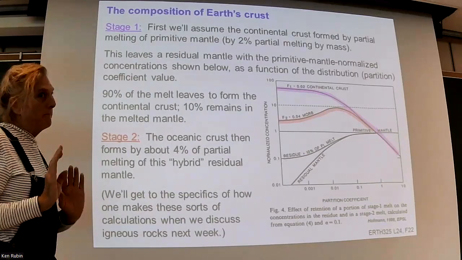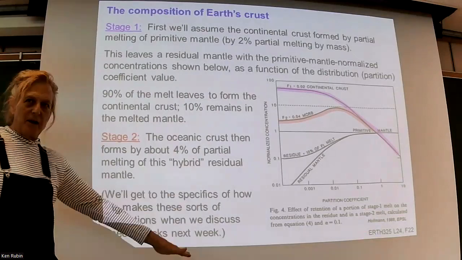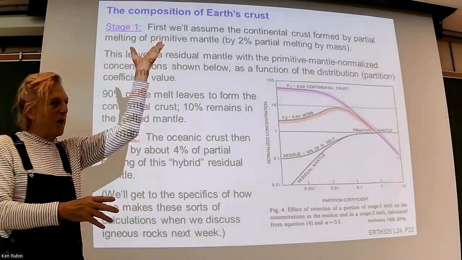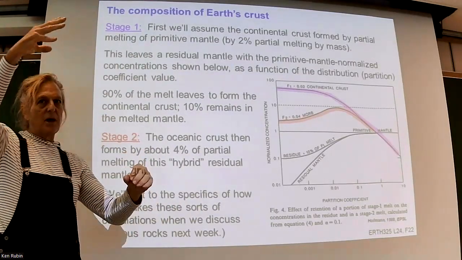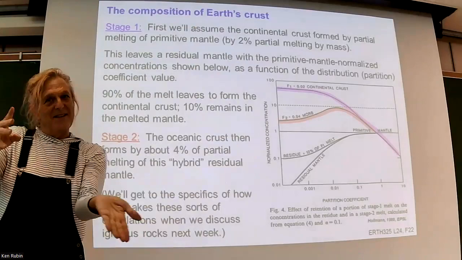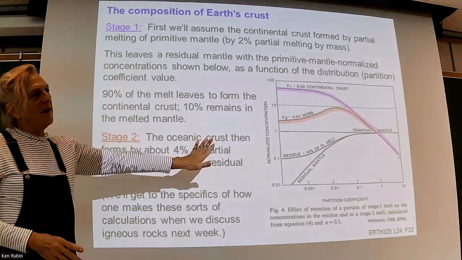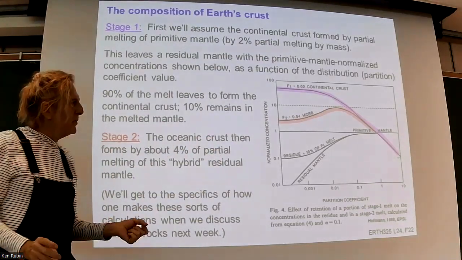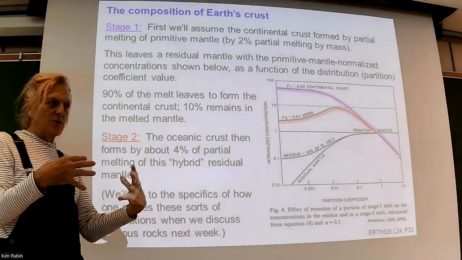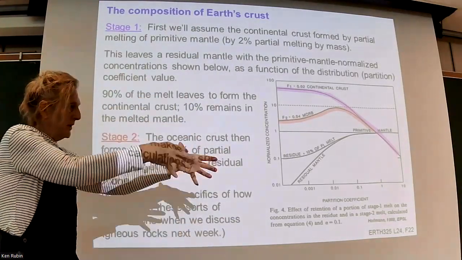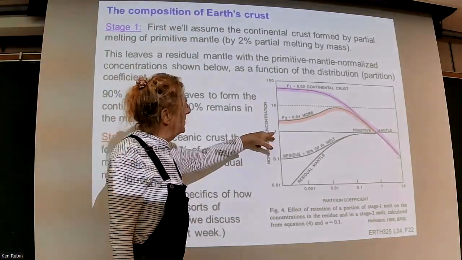This is a model of that process, ultra simplistic, way simpler than it actually is, right? If we think about how the planet works, we know that it isn't a one-way trip. It isn't just like we make some mantle, segregate some core, and then make some crust. We've got plate tectonics, we're putting stuff back in, right? And the putting stuff back in is another level of complication, which isn't considered here. But we're going to do some bookkeeping about how much primitive mantle might be present, or how much of the original inventory of the highly incompatible elements that were in the mantle are now in the crust. We can do a simple model like this, which is to say we start with primitive mantle